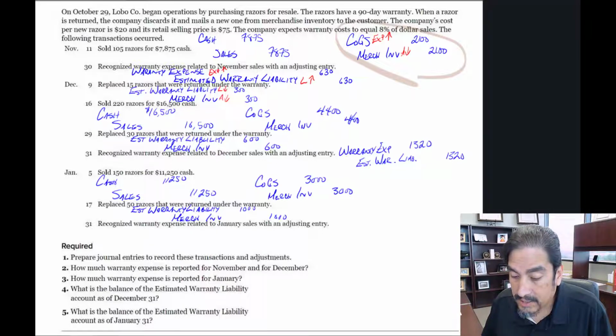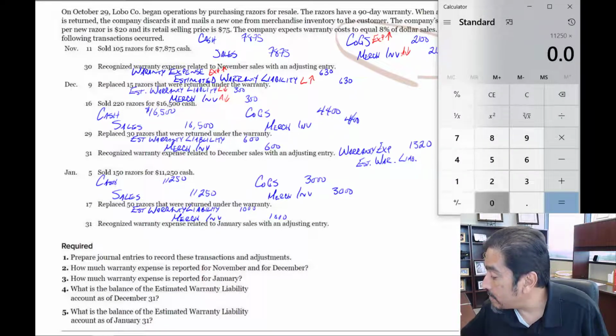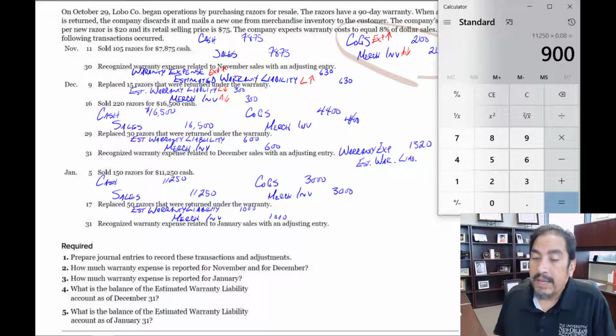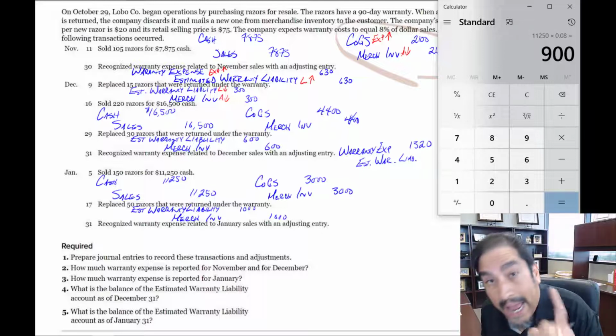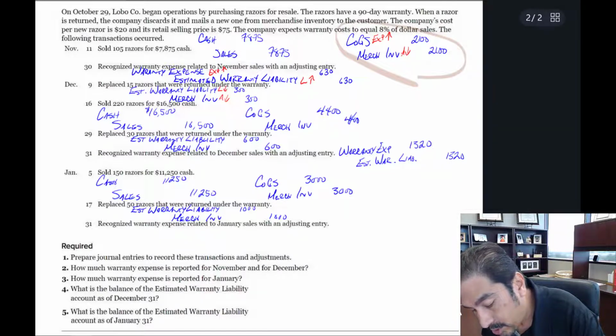And then finally, our last journal entry is the adjusting journal entry at the end of January to record January warranty expense. So we find our January sales number, and again, we just had that one sales transaction, 11,250. So 11,250 times the 8%, 0.08, $900. So now, at the end of the month is when we hit warranty expense. Now we're going to write this adjusting journal entry that debits warranty expense